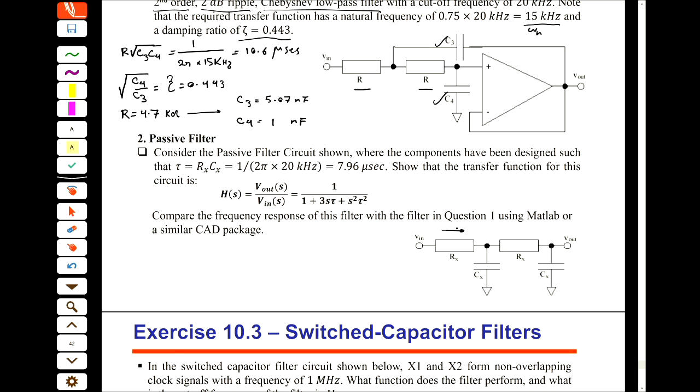If I assume that the current here is I1 and the current here is I2, then I can write down that V in equals Rx I1 plus 1 over S Cx times (I1 minus I2). So I write a KVL here, and then if I write a KVL here, then I can say that